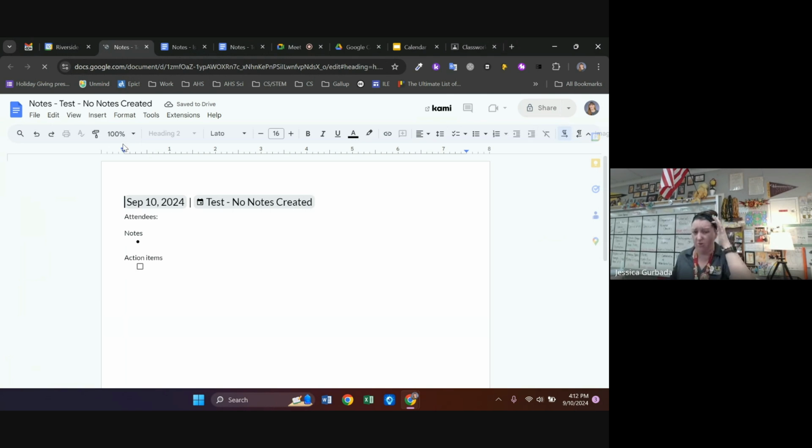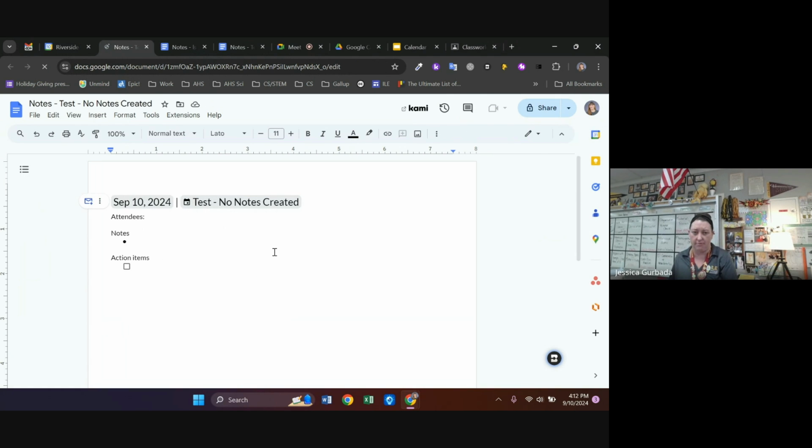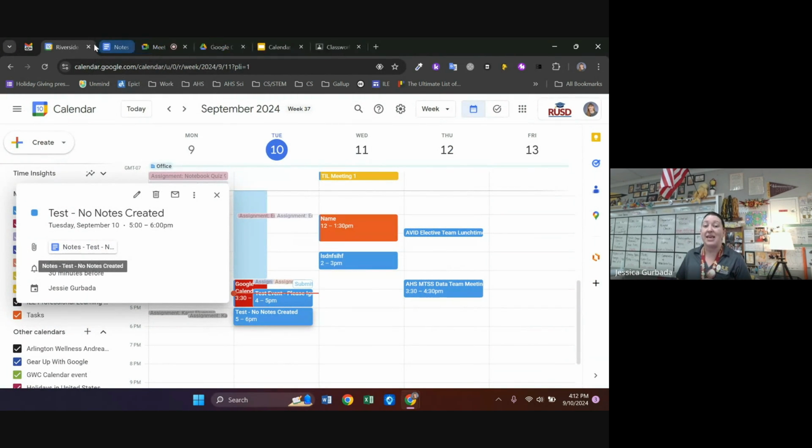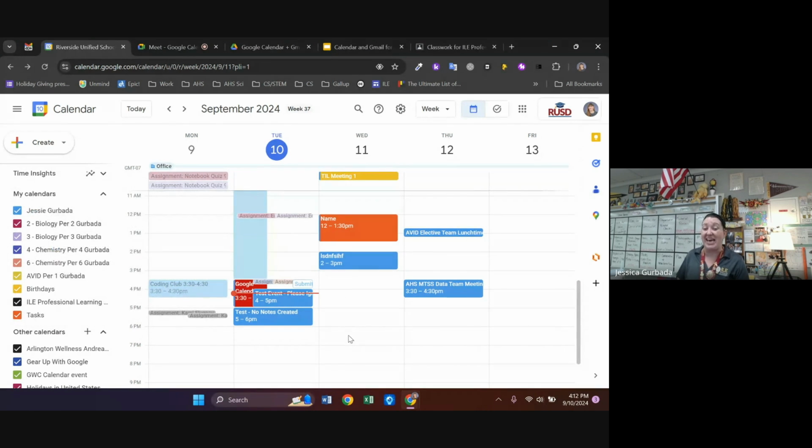The same as before with the date, the calendar, all of that stuff. So two ways if you wanted to add meeting notes. If you know ahead of time, this is something I'm going to need, you can do it right from the calendar invite creation process. If you're like, oh, dang, I forgot I needed that, click on the event and then,